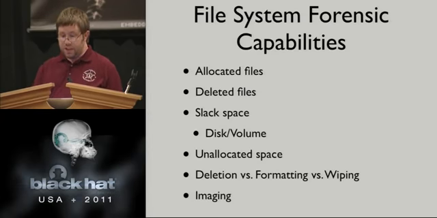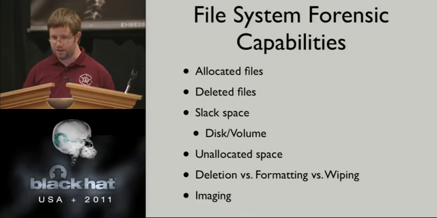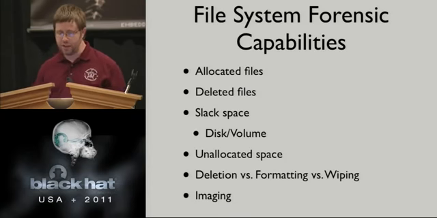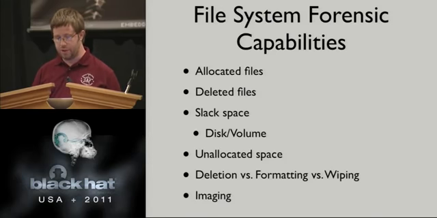So file system forensic capabilities, some of the things that we can do beyond just allocated files are here. Now, allocated files, they're out there. I mean, you can view those through any interface, through your normal file system browsing interfaces, for any exploitation tool that lets you LS or DIR and pull down files and look at them. That's all there because the operating system hands it to you on a silver platter. You have your file system metadata that has file records that point to the clusters on the disk that hold this data. Now, once you delete a file, once you throw it in the recycling bin and empty it out,